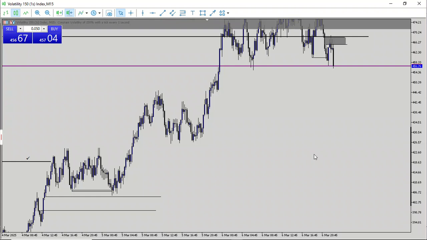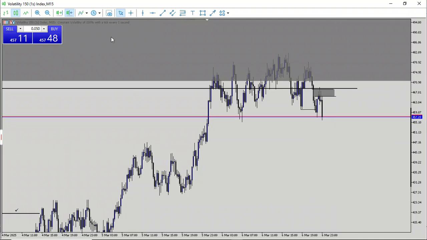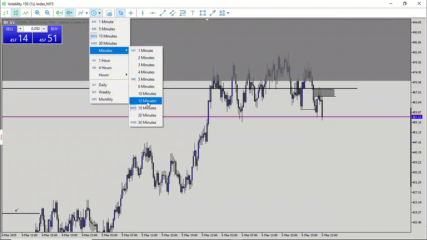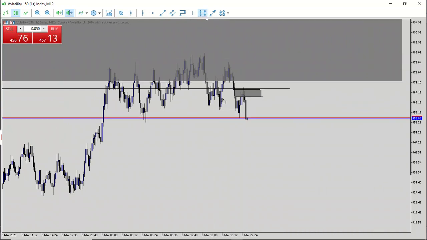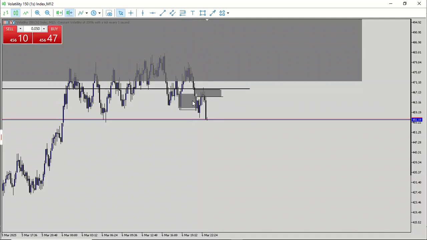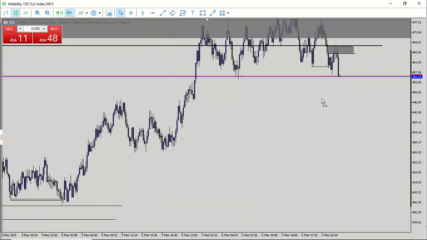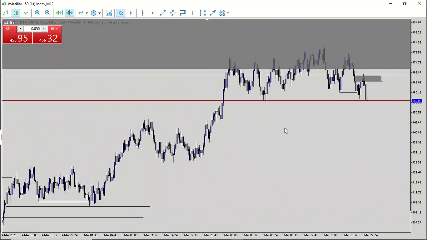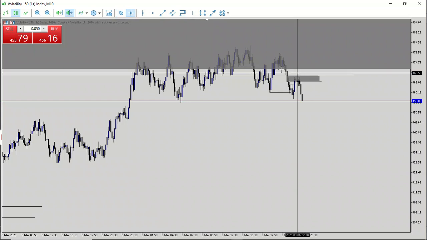Okay, so this is one of the things that you could possibly use to confound another block or a point of interest when you're having something interesting like this. And also, someone who could be on the lower time frame is seeing this as a demand zone to buy because they see this as a break of structure on this lower time frame. But right here, this is a very clean setup being presented to us by VIX150 1S to go bearish. So that is what is seen right there from the 15 minutes.